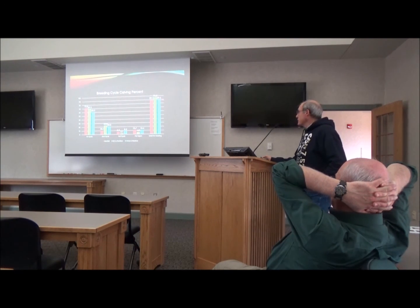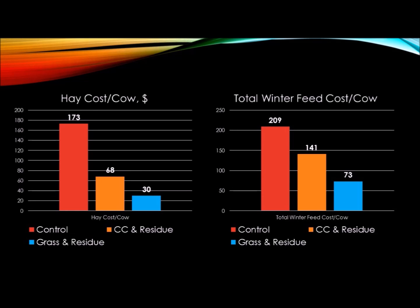Total calving percentage, there's absolutely no difference there, although there's a little bit of an advantage for that cover crop and residue group of cows. But at the same time, when you look at your control in the grass cow, absolutely no difference. So it looks like a pretty good way to save a lot of money